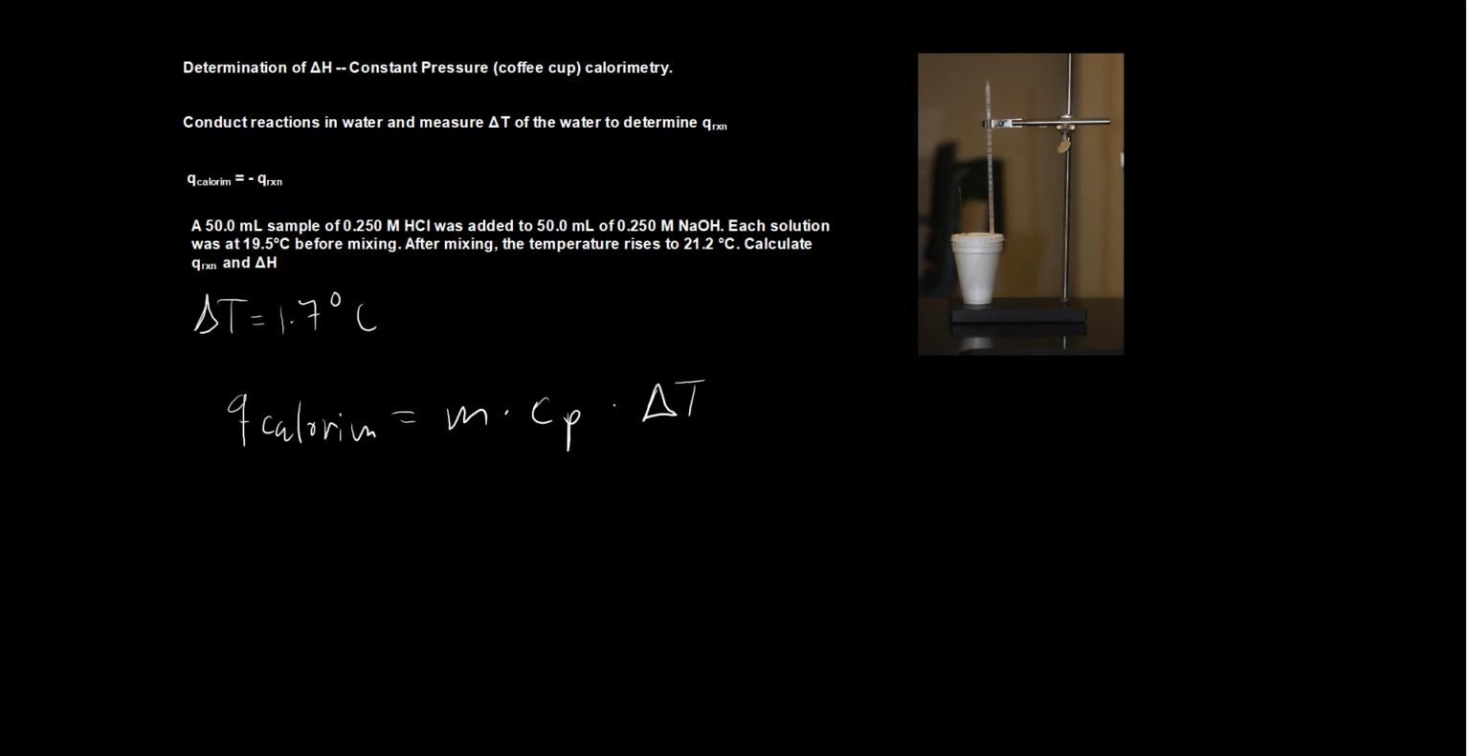Now the amounts of solution right here are given in milliliters. Because this is water, we can make the assumption in many cases that the density of water is 1.0 grams per milliliter. So we can convert these 50 milliliters to grams, which is the same number if we do that conversion right here. Each of those is 50 grams, so the total mass of the solution is going to be 100 grams